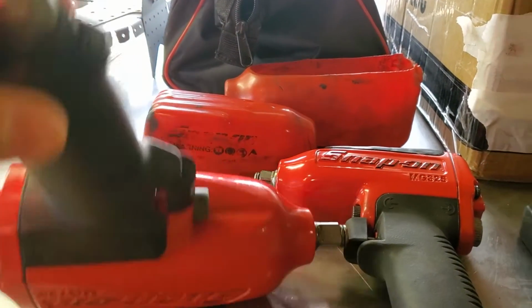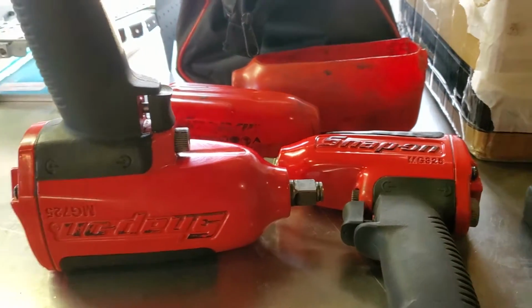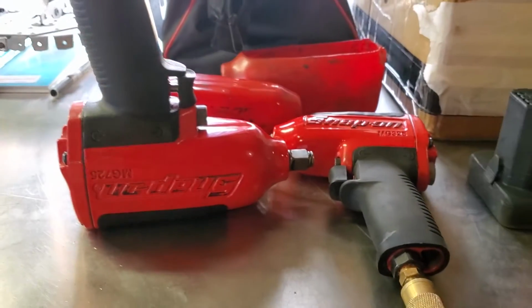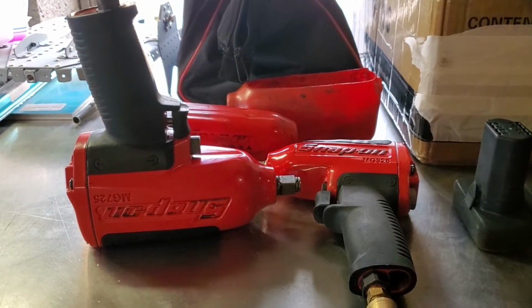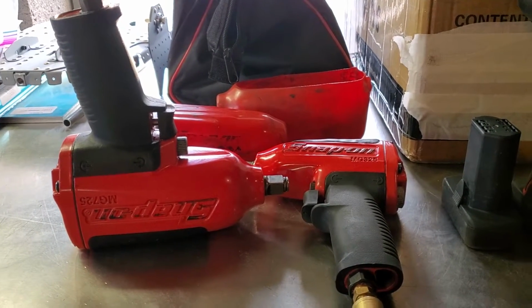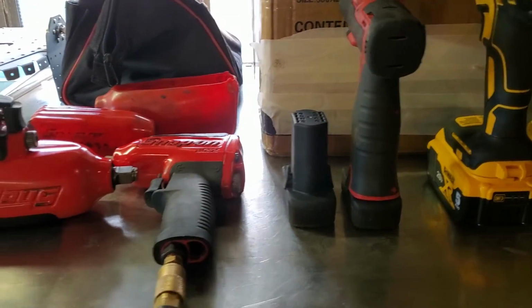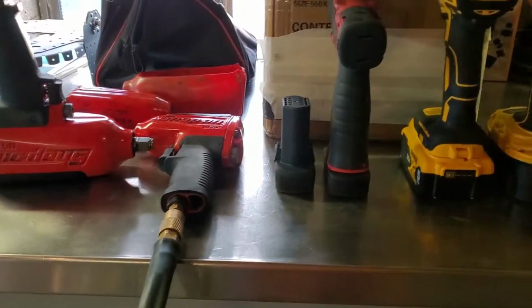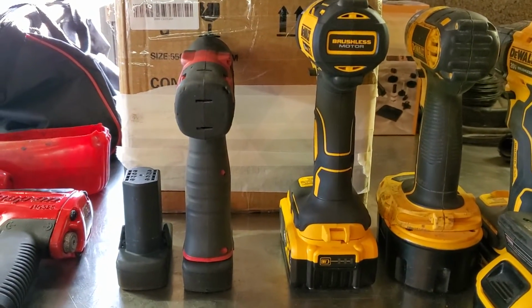But for somebody starting out, this might be the best option, getting a pneumatic impact, because the shop's going to have air and they do the job, and they're much less expensive than investing in a lot of the battery tools. So that's an option. I wanted to kind of compare the Snap-on